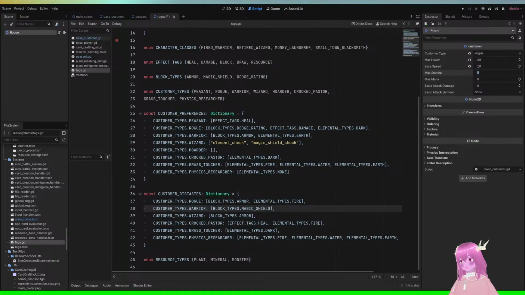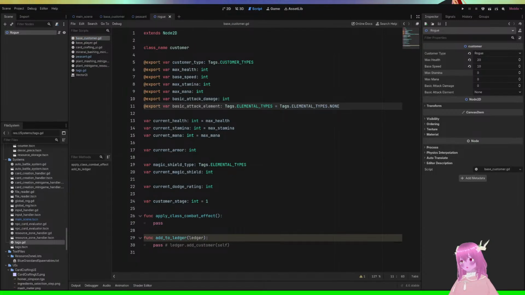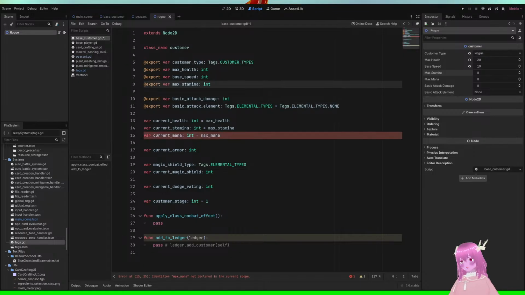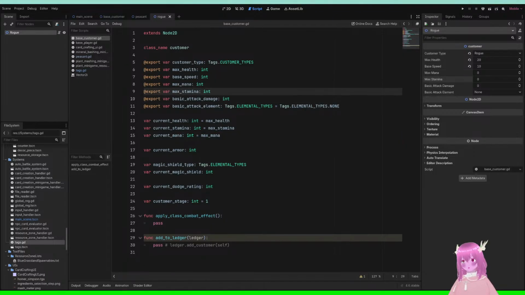Here, let me change the order on the base customer. Right, quick. Alright. 1 mana, 3 stamina, 5 attack damage, and elemental attack type none.